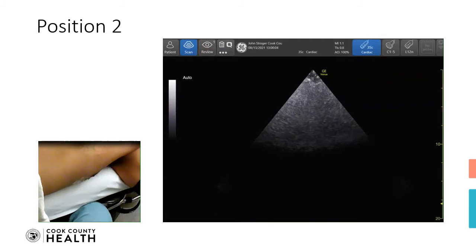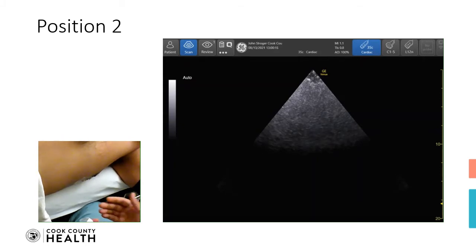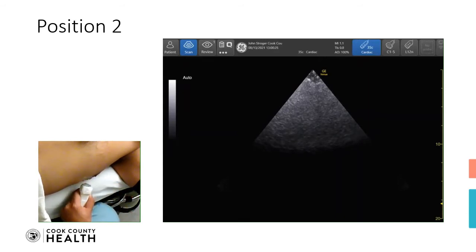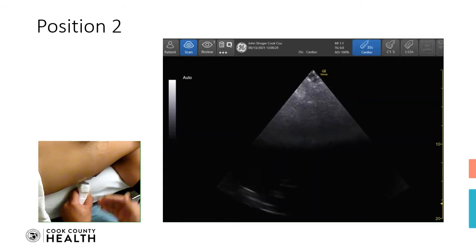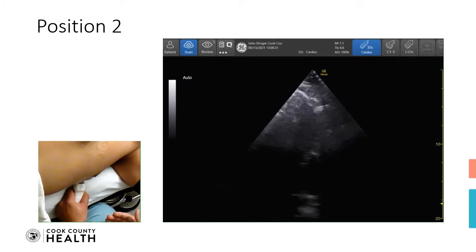We are going to look at the apical four-chamber view of the heart. For this, we would like the patient again in the left lateral position with the left arm under the head, if possible, whenever feasible. It would be ideal to have the patient at the edge of the bed for this window, because we are going to have the probe right underneath the patient, right here. And it will be easier if the patient is at the edge so that we have room